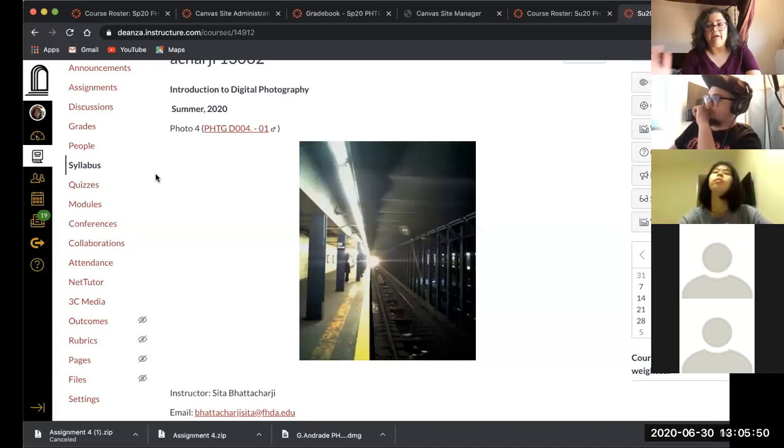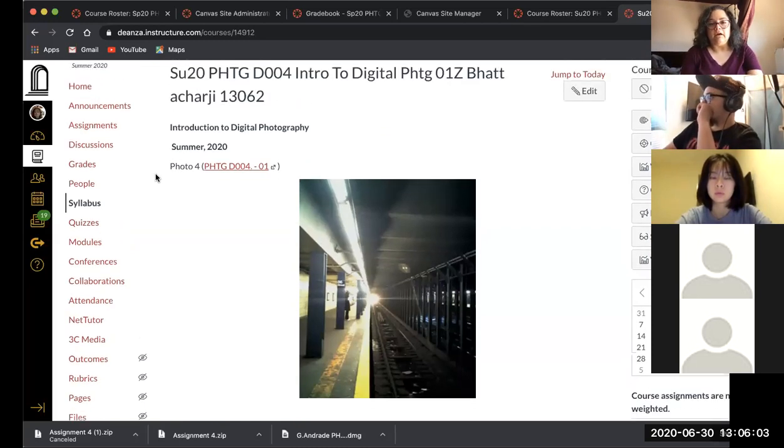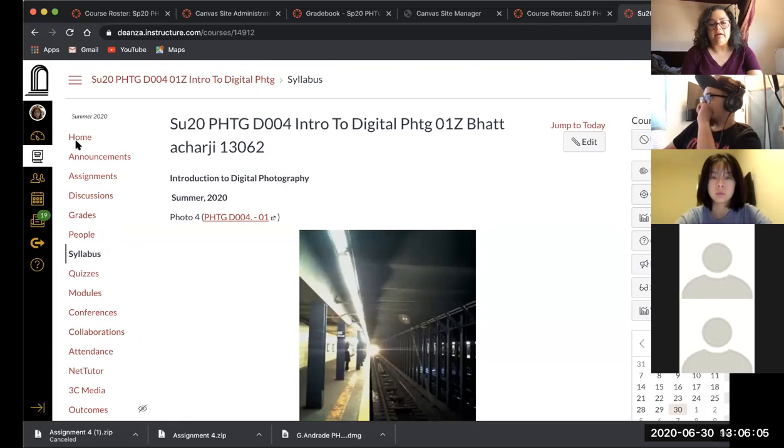Sorry, every time I change a page, I have to go back into Zoom and share the page, and if I change the page even within the same application, it disappears and I have to reshare it. So anyway, here's our home page